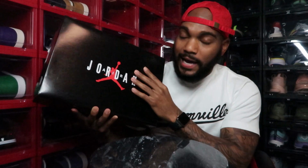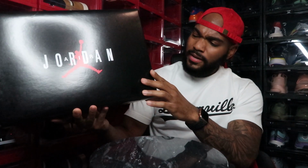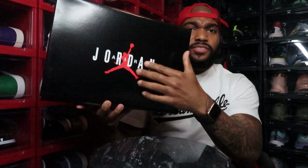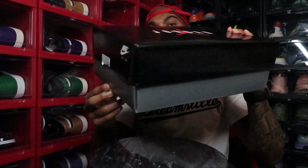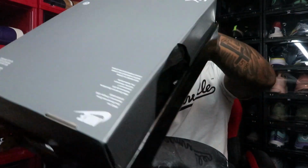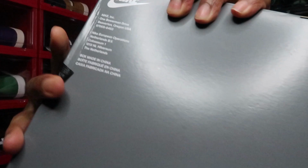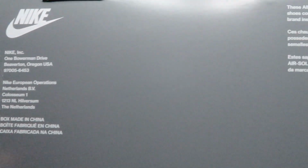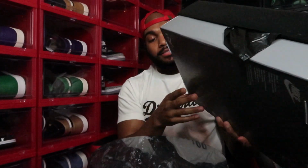So again, I got the cheap Air Jordan 1 box, and it's gonna have just your Air Jordan on the top of the box with the iconic Jumpman. You're gonna have that Nike Air on the side, same old underneath, with your Air Jordan underneath, as well as the Nike, and then you're gonna have that writing as well underneath. So again, nothing too special, something that we always see no matter what box it is. But